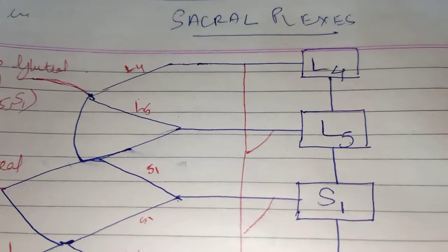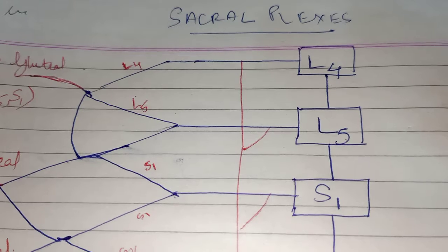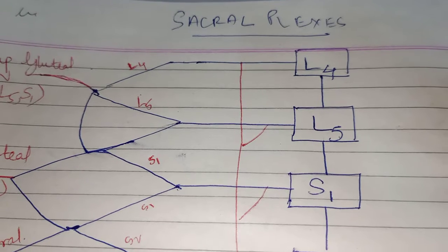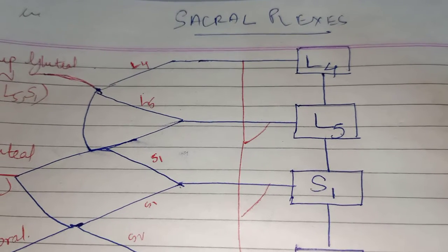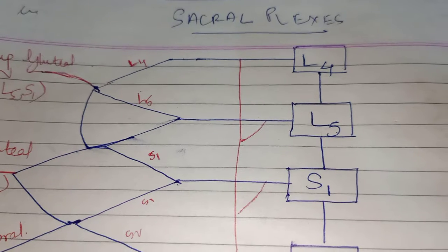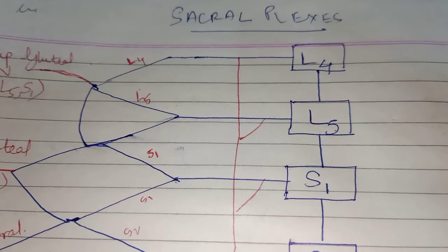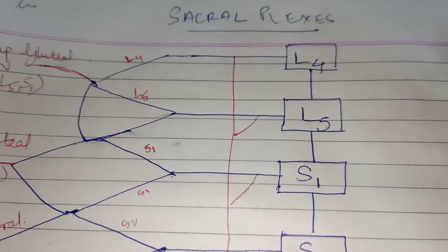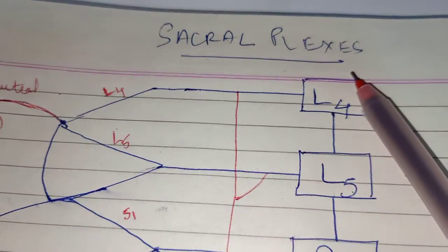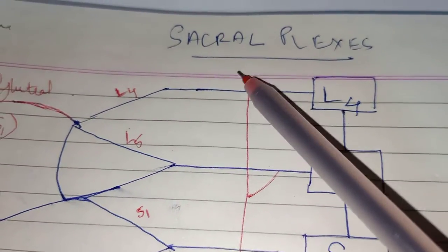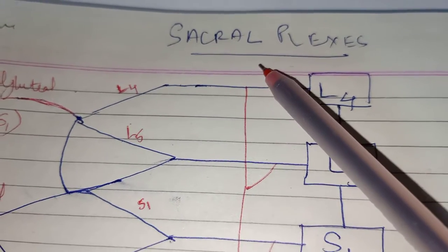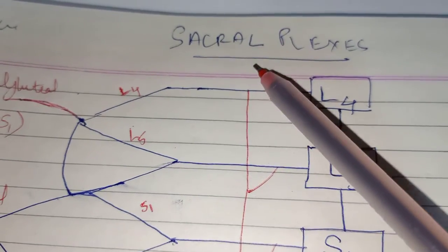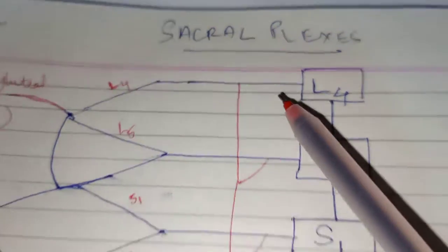Hello students. The next important topic from the chapter of pelvis is the nerves of the pelvis. In my previous videos, I have talked about the blood vessels of the pelvic area, the veins of the pelvic area, and now the nerves of the pelvic area. So, this topic mainly includes the sacral plexus. For better understanding of this video, please go through my video on lumbar plexus. So here I will be talking about the sacral plexus.